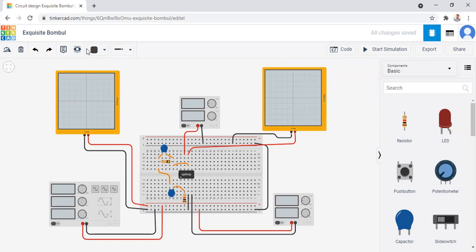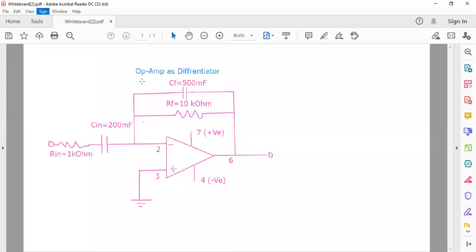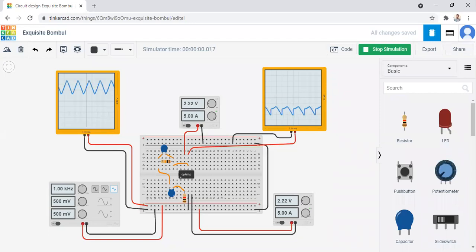Okay, so as you see, our circuit is complete. So this type of circuit we designed on the Tinkercad. Okay, so now we see the result. When I start the simulation, we will see that this type of triangular wave we applied at the input of the operational amplifier, and this type of square wave we obtained at the output.